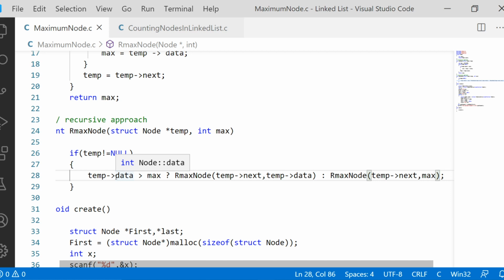If this condition is evaluated to true, we call the same function with temp of next and temp of data as arguments. If it is evaluated to false, we call the same function with temp of next and max as arguments.